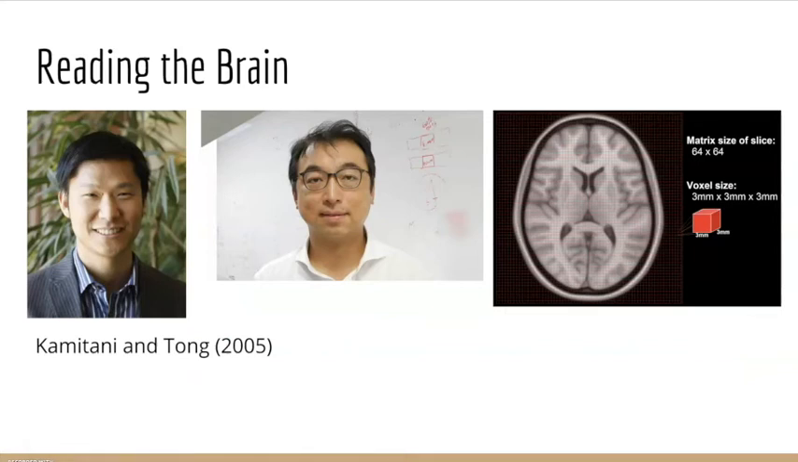Reading the brain. So the first study we're going to talk about is Kamitani and Tong 2005. What they did was take voxels of the brain. A voxel is a small cube-shaped area of the brain, about 2 or 3 millimeters on each side, and they looked at the brain through an fMRI and gave the subject a stimulus of